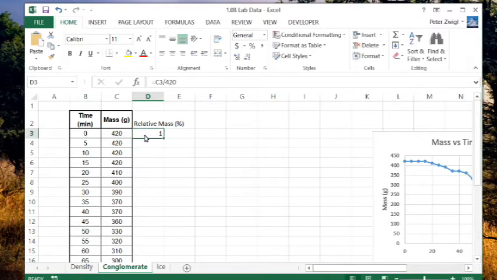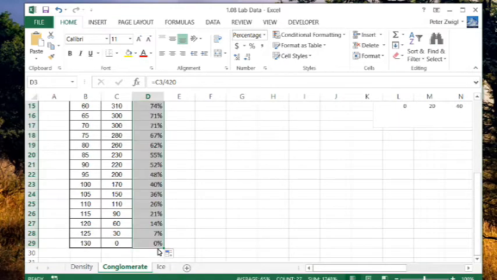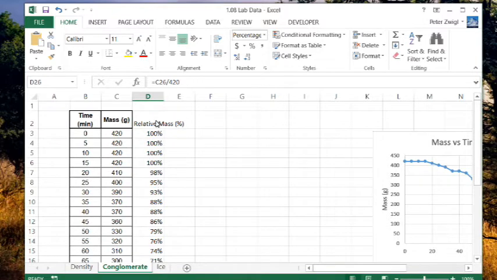Okay. This is currently 1, which is not a percentage because it needs to be formatted. You can either click the percent button here and it'll give you the percent, which I think is the fastest one, so look for that percent. There's a formatting cells option there too. All you need to do now is, watch, I drag it down all the way to the bottom. It's going to give us nice percentages for relative mass